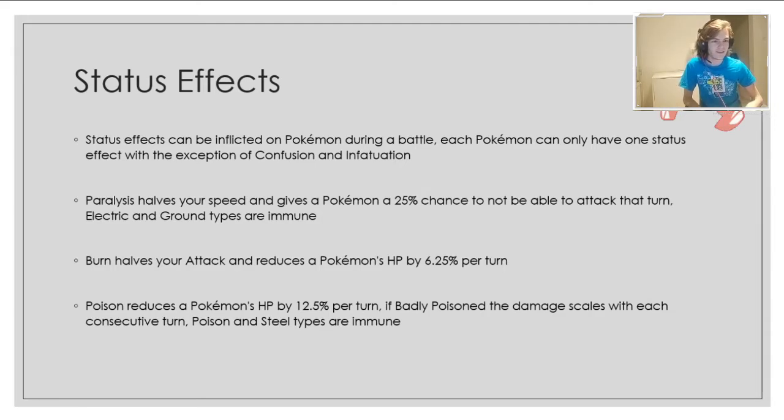Now, the speed you can live with, but that 1 in 4 chance to just not do anything can really suck. So you want to avoid getting paralyzed as much as possible. Burns halve your attack, which is huge if you're a physical attacker. It means you're doing half as much damage, and it also hurts your HP a little, by 1/16th per turn. And then you've also got Poison, which does slightly more, takes away 1/8 of your HP each